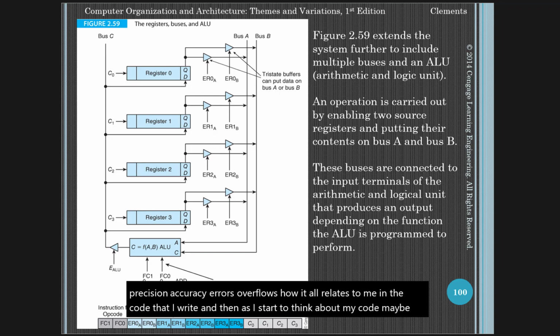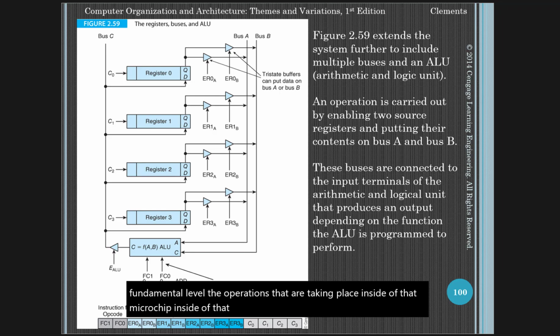And then as I start to think about my code maybe being more efficient or more effective, I can really understand at a fundamental level the operations that are taking place inside of that microchip, inside of that processor, so that I can make better choices that allow my code to be better. So this has been the end of chapter